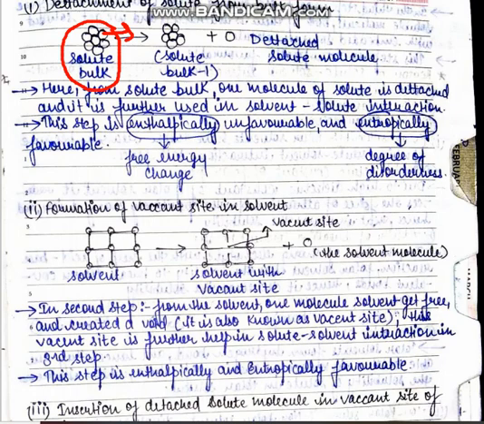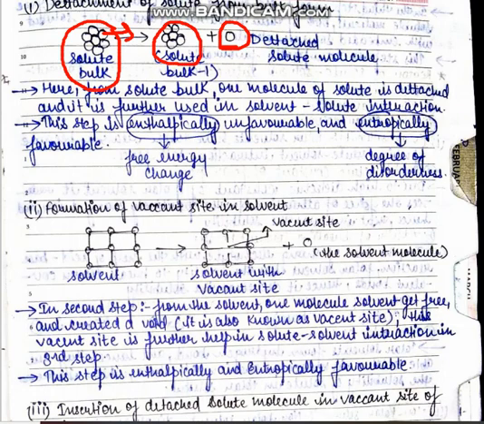Here a bulk is taken, then only a single particle gets detached or separated from it, and this particle is the detached solute molecule that will be used in further steps. Here, from the solute bulk, one molecule of the solute is detached and is further used in solute-solvent interaction. This process is enthalpically unfavorable. It means some energy change has taken place, so from that point of view it is not favorable. But entropically it is favorable.